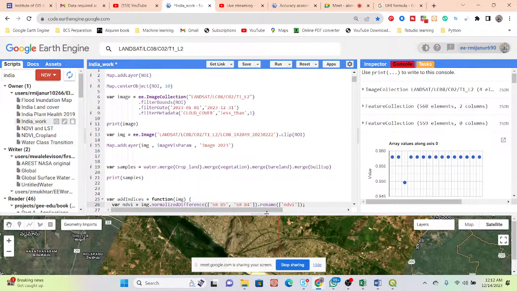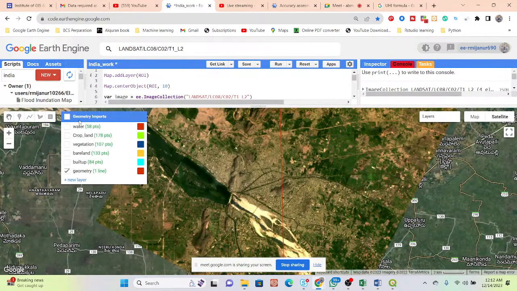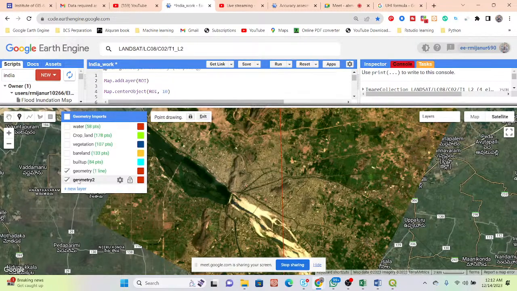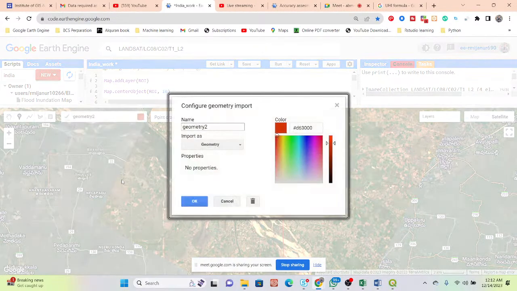And how can I take the training points? Very easy. You can simply take a new layer, and then click on here, and then